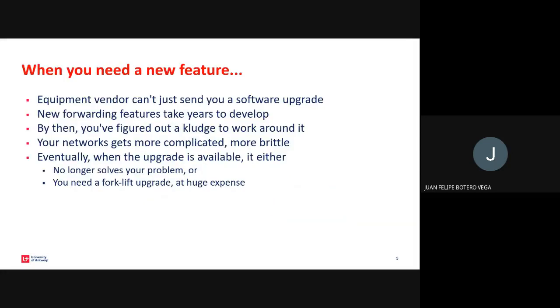So when you need a new feature, the equipment vendor can't just send you a software upgrade, because the chip of the switch, the ASIC, will not support that new feature. So new forwarding features take years to develop. By then, you have already figured out a crutch to work around it, and with this crutch or patch, your network gets more and more complicated, more brittle. So eventually, when the upgrade is available, it either no longer solves your problem, or you need a forklift upgrade at huge expense because you have to, again, buy new